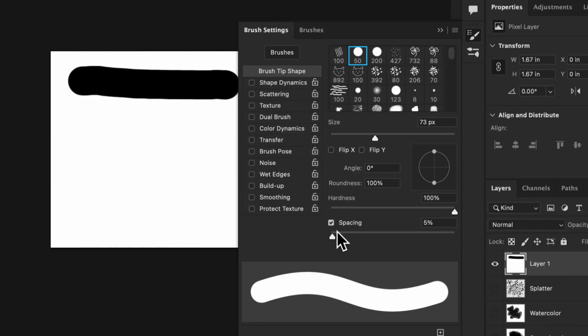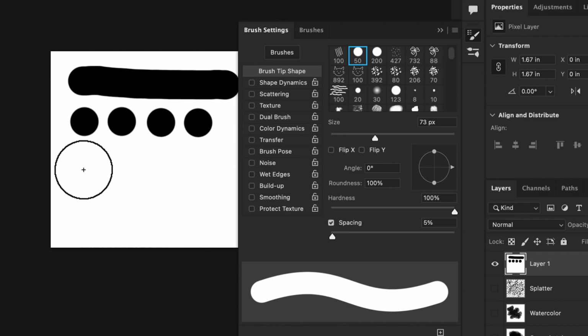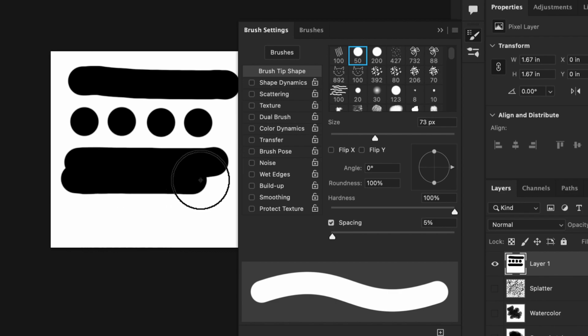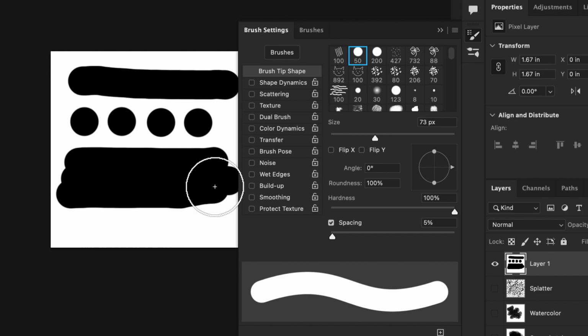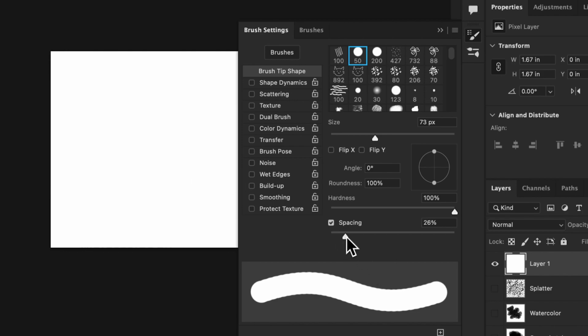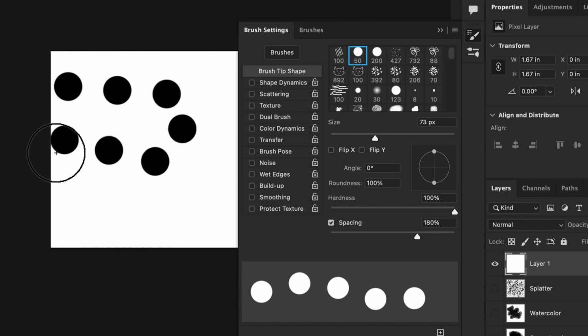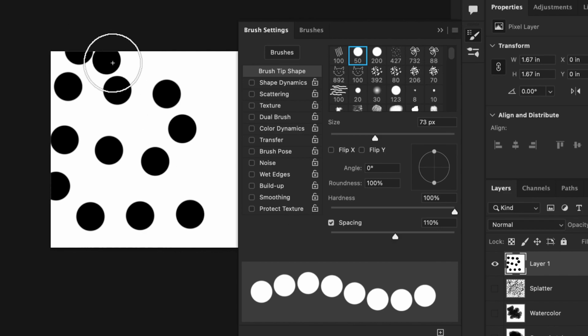All right, spacing. Spacing is how far apart each individual stamp of your brush tip is. So right now they're only 5% spaced. So close together that you can't tell. If I increase the spacing, you will notice that you can definitely tell that there is a change in spacing.